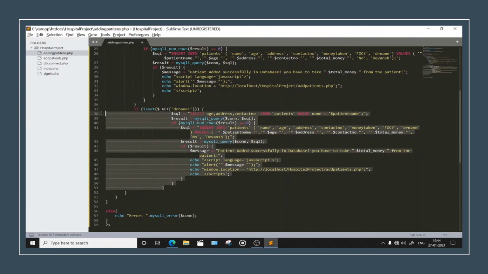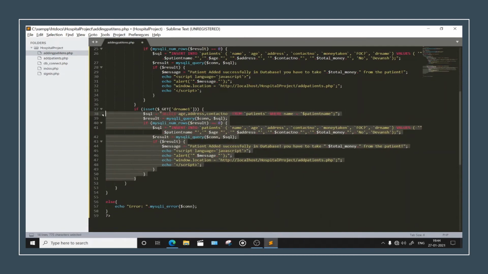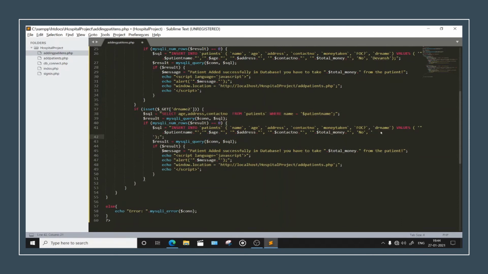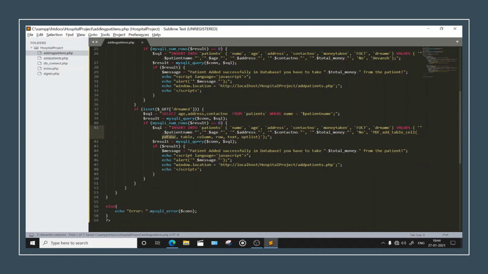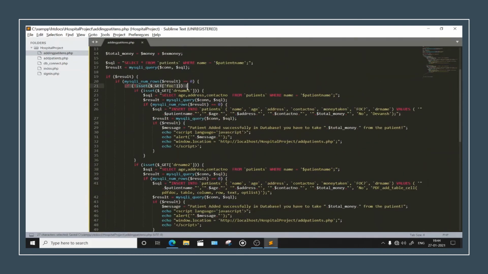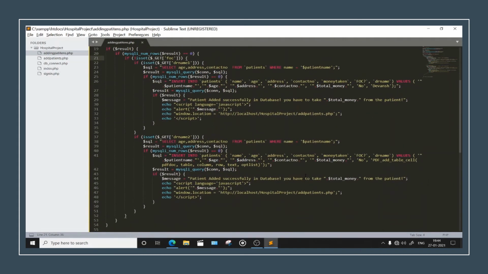All right, and de-indent these things. Okay, now we will do it for doctor name too, right? And you have ABC, right? ABC. Fine. And so we have done this. If it is not isset for FOC.